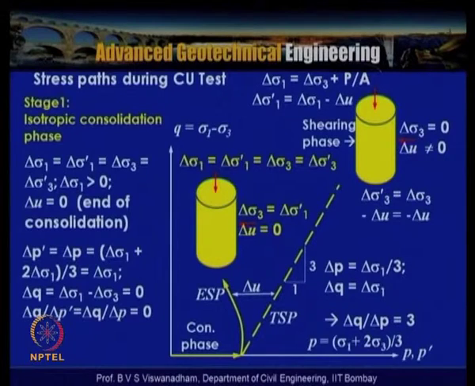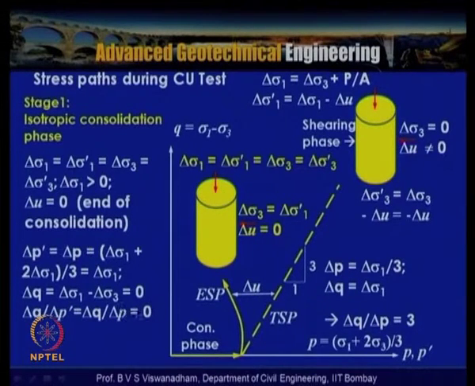So because of that, during the shearing the pore water pressure changes actually happen. So the effective stress path actually runs like this, schematically, which is shown here. So we have the isotropic consolidation phase: delta U is equal to 0 and delta P dash is equal to delta P is equal to (delta sigma 1 plus 2 delta sigma 1) by 3, which is nothing but delta sigma 1. So delta Q is equal to delta sigma 1 and delta sigma 3, with delta sigma 3 is equal to 0 and delta sigma 1 is equal to 0 here, delta Q by delta P dash is equal to